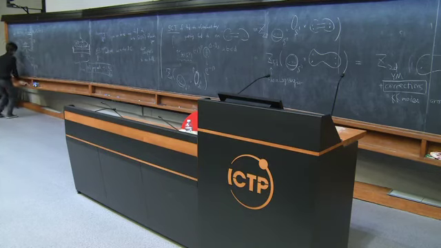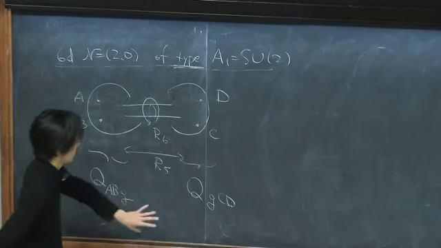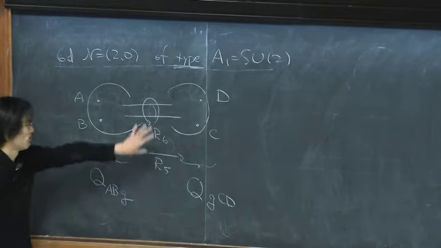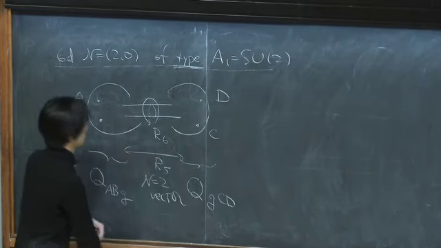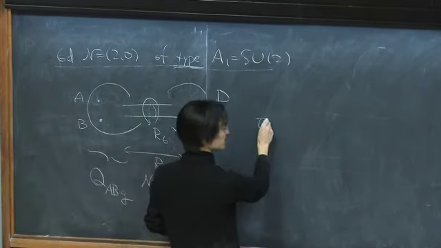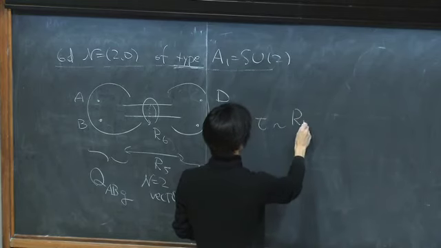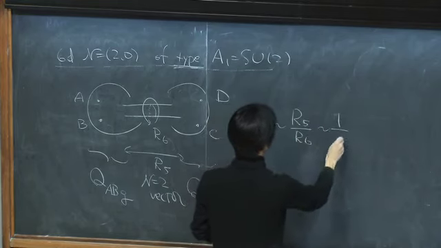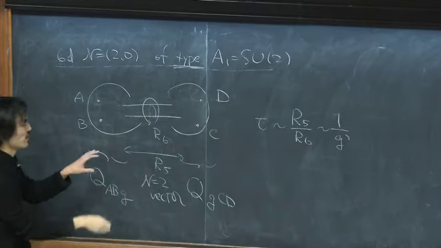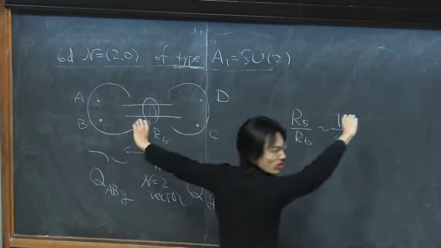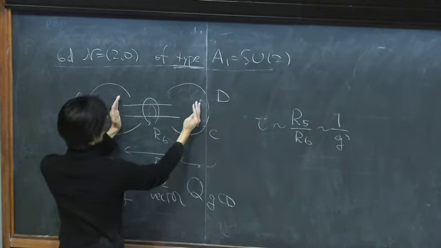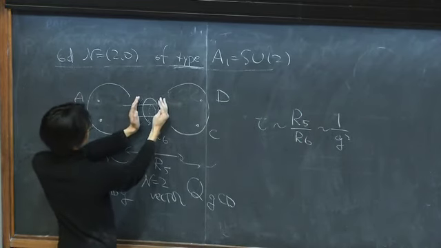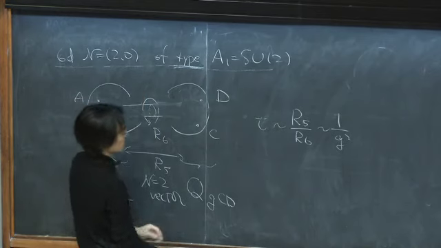So now we are pretty sure that this compactification of the 6D theory gives you a trifundamental and another trifundamental coupled by this vector multiplet. The coupling constant is this, and this is 1 over g squared. So the coupling is very weak when this cylinder is very long. Let's make it very strong, right? So slowly you try to merge these two things and make this tube very, very short. In that limit,